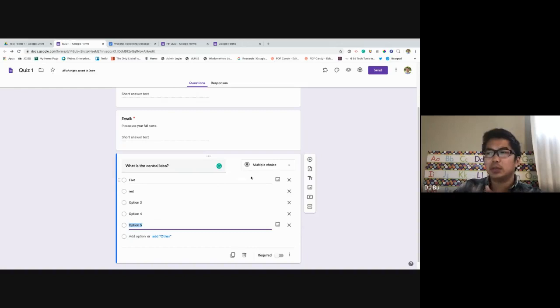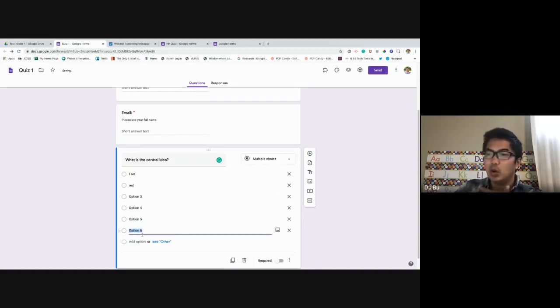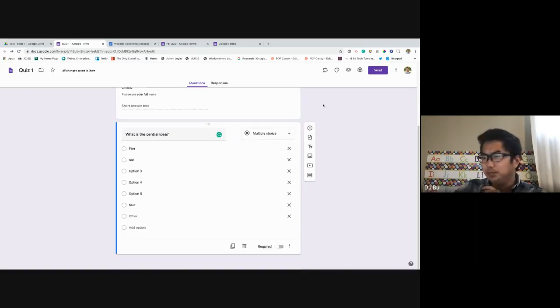So real quick, that is a multiple choice question. And when you add all those in there, you have the option to keep going and add whatever you want, or you can just add other and it'll say other. And when they click on it, they can type in a specific answer. And of course, I always like to do the practice of making it required. When you make it required, it forces students to have to answer that in order to submit. So that's a multiple choice question. The next type of question that you could add